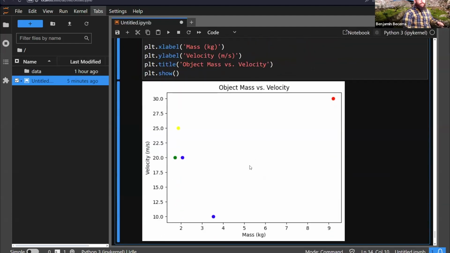So if you have some kind of condition or you need to color code depending on some type of categorization, this would be a good use case for that. All right, any questions? Okay, why don't we have